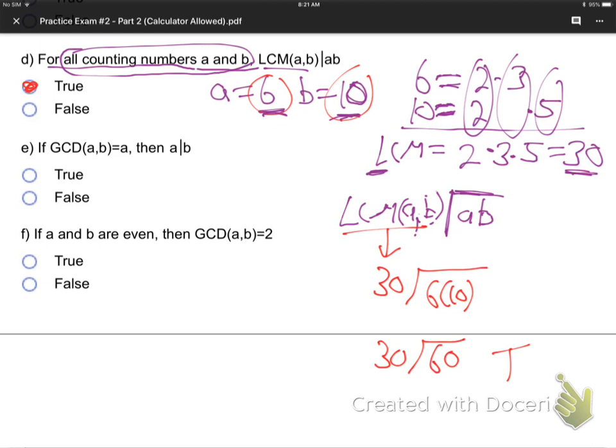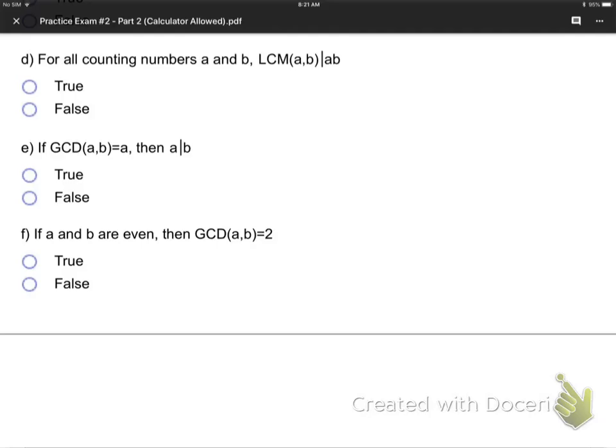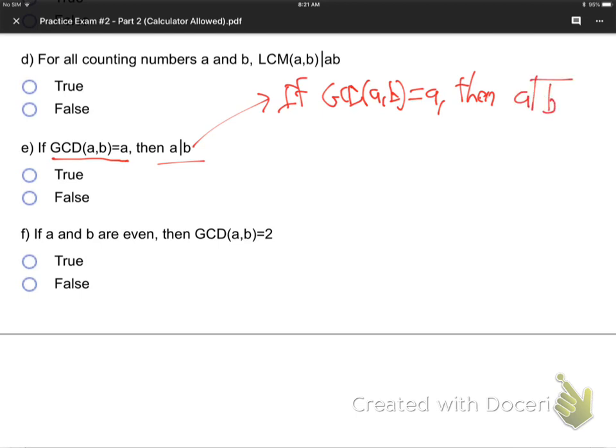Let's go on to E. So for E, it says, if the GCD of two numbers is A, then A goes into B. So if the GCD of two numbers is A, then the first number goes into the second. Well, let's find an A and B